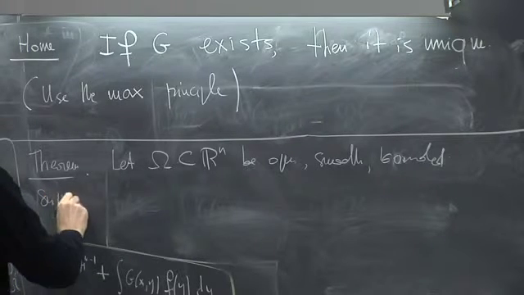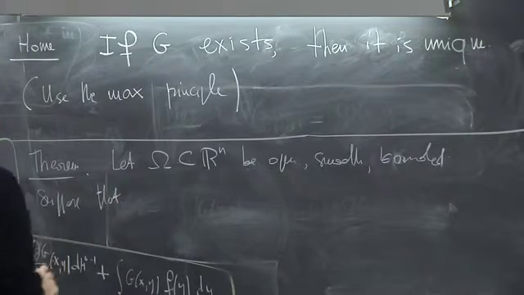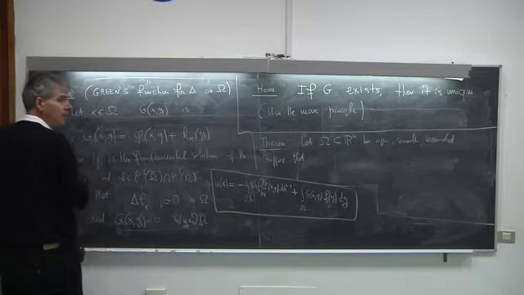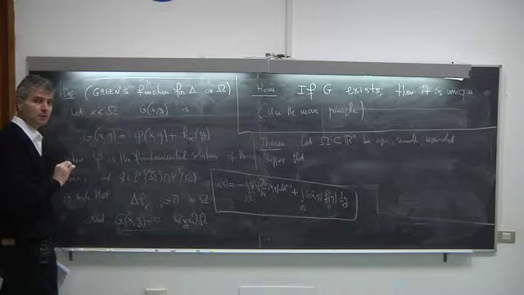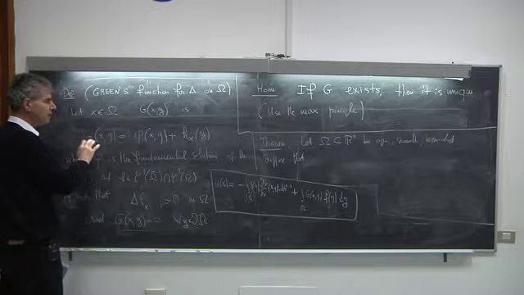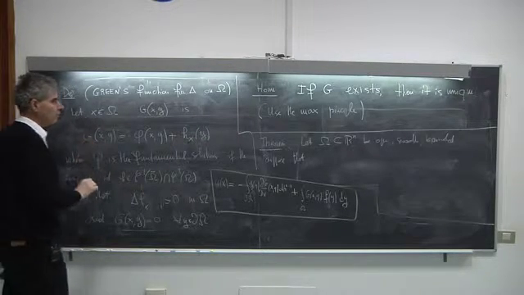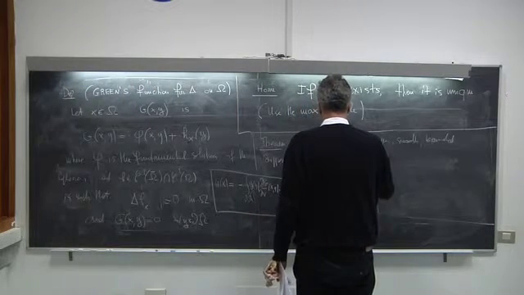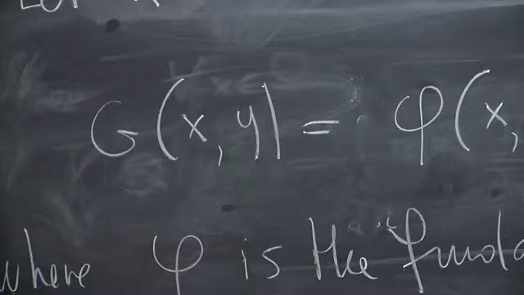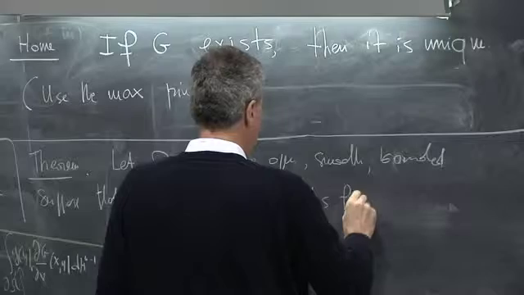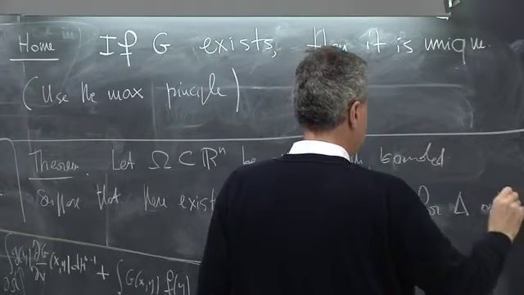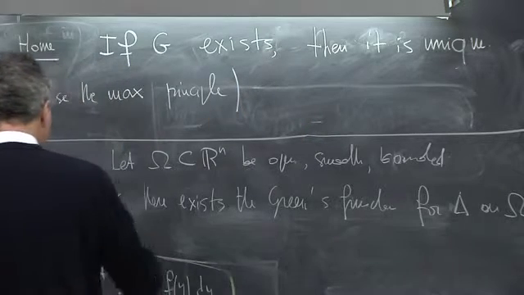Suppose that, maybe sometimes in the book the Green's function is denoted also by G_Ω, just to remember that it depends on omega. Suppose that there exists the Green's function for Δ on omega. Then,